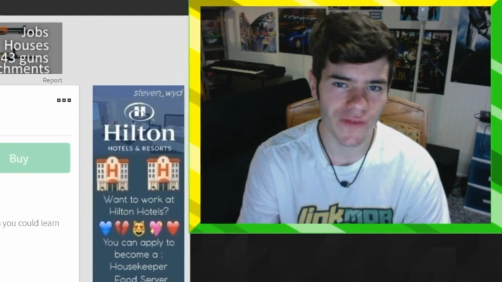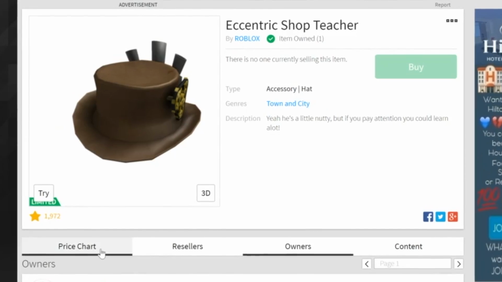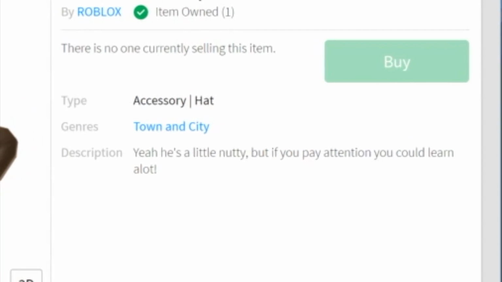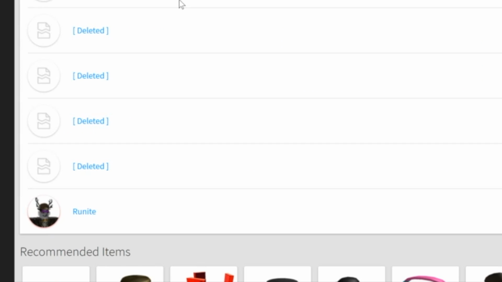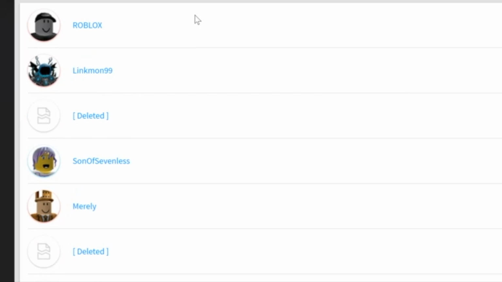And I actually traded for his, and I gave the Dominus Frigidus, which you'll see in a minute, plus the Domino Crown. So I actually had to give a ton for this. Now, it dropped because Merely traded off 2 of his, and the demand for it dropped. There are actually only 4 of them now because another owner got deleted recently, and that's why I think this hat